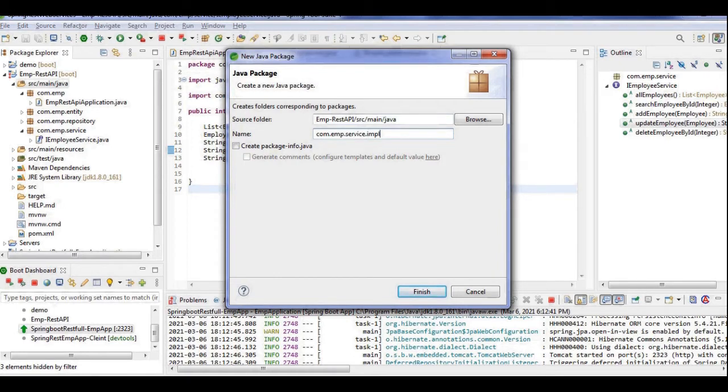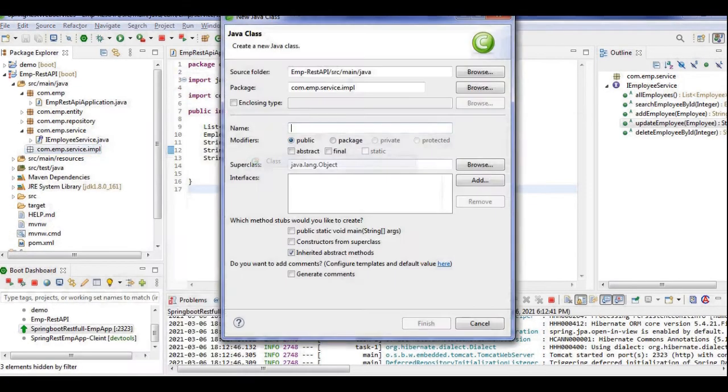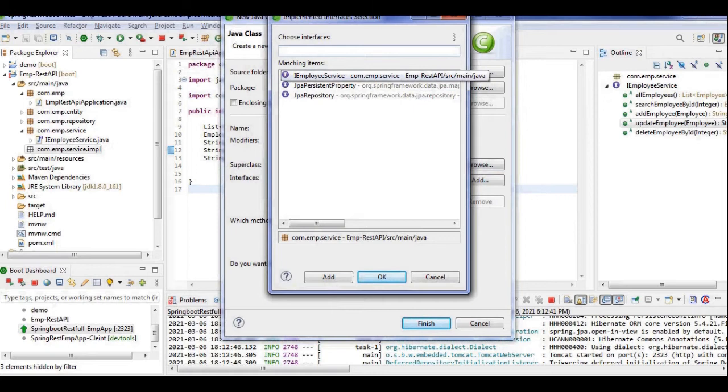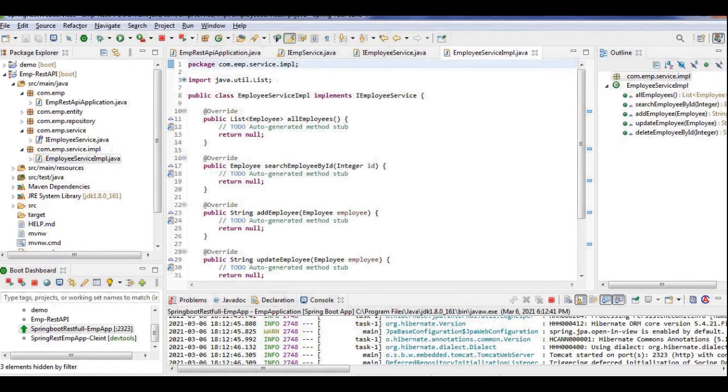Okay, finish, and now inside we are going to create a class, EmployeeServiceImpl, and I'm going to implement this interface in this. So here we are with the implementation class of the service interface.